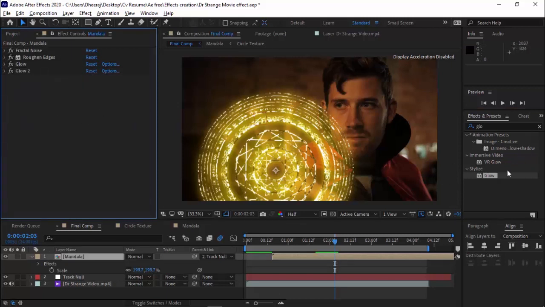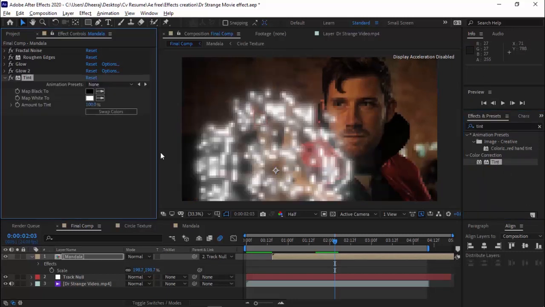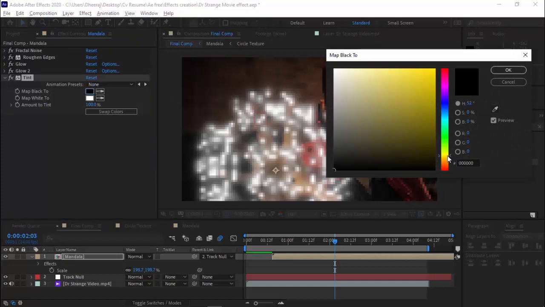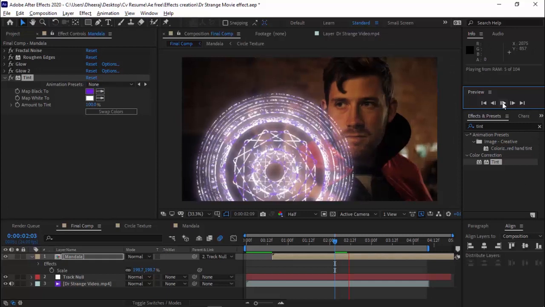To solve this problem, we need a tint here. This is the last step. I hope now you can see. For black, let's change it. You can change whatever you need. Let's say we need some purplish and some bluish, and change it. See,